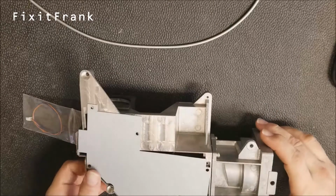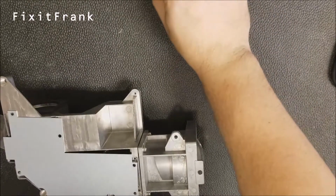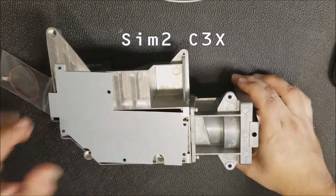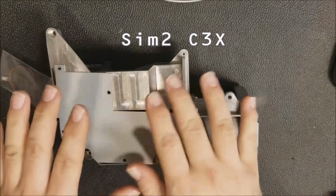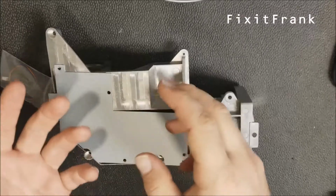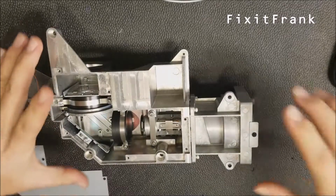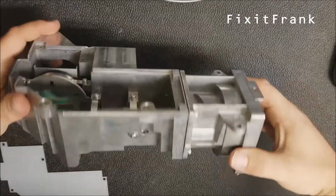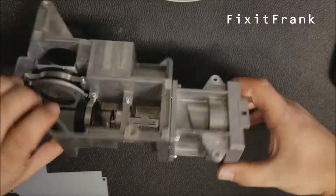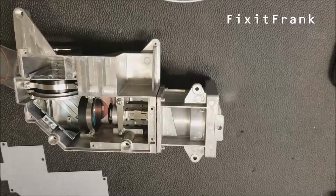Hey everybody, this is kind of a weird place to bring you guys in on my project. I am repairing a SIm2 video projector that had a problem with the image where there was kind of a weird shadow in the bottom right corner. It was caused by a bad grommet under here, this rubber piece that holds the light integrator tunnel, and that